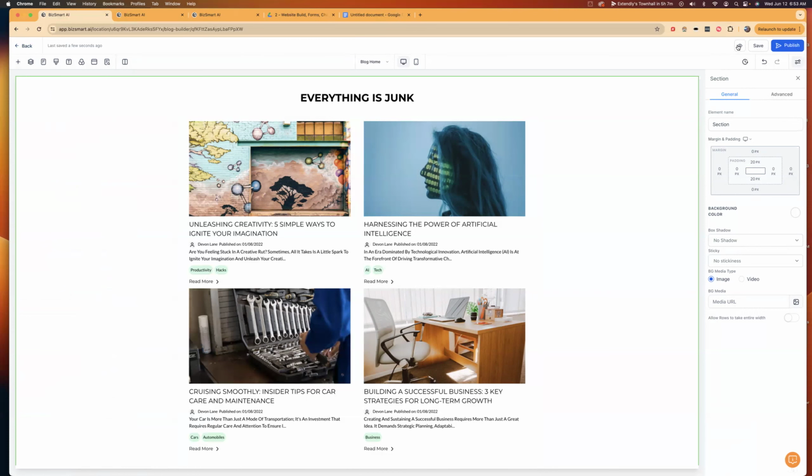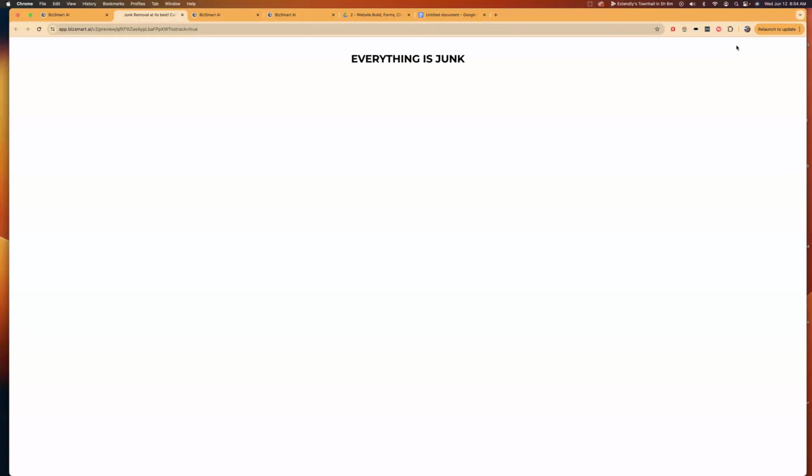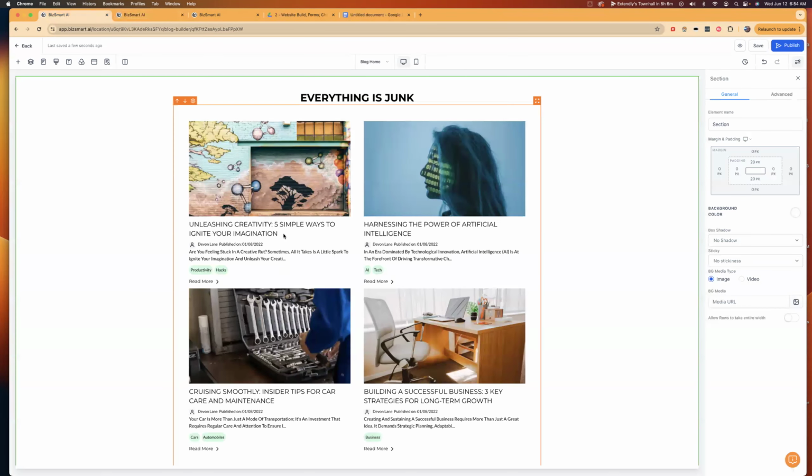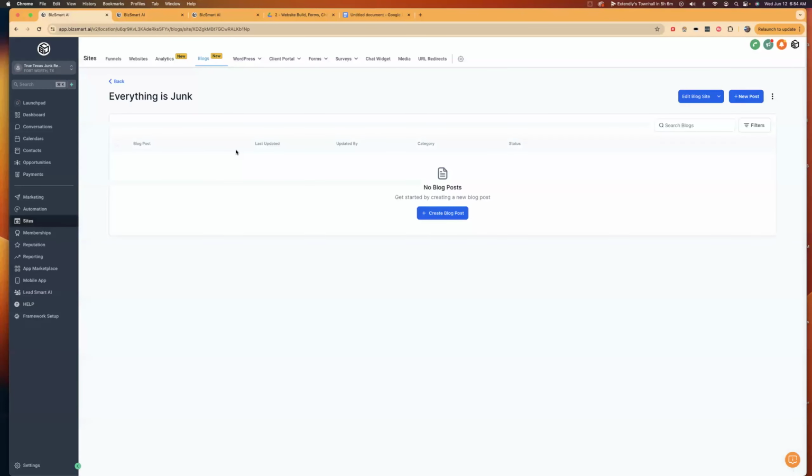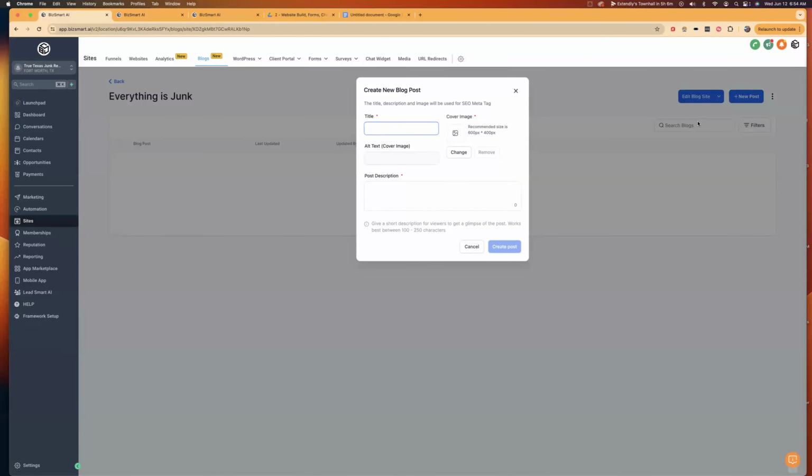And so if I go to preview here, you see that there's really nothing here because we haven't created any posts yet. But what we're going to do is create some posts. So let's go back, and we're still under everything is junk blog, and we're going to create a blog post. You can either do it here in the top right, or you can do it right here in the middle of the screen. Title. We're going to say